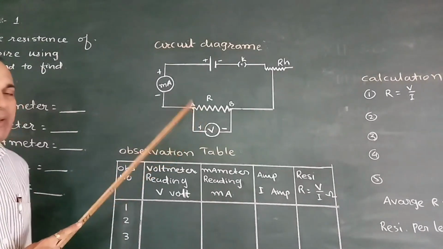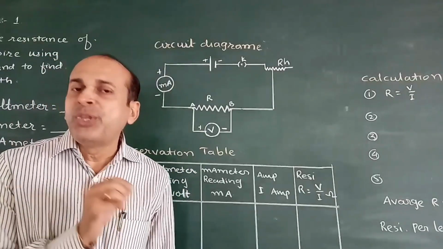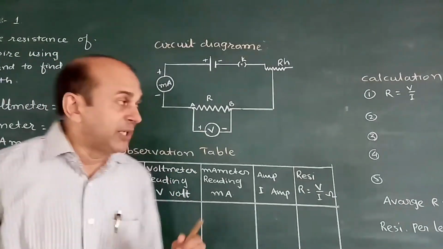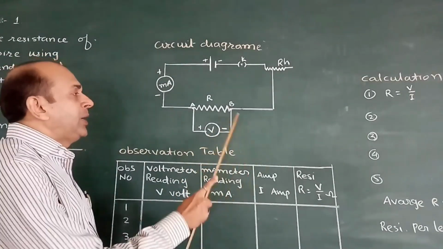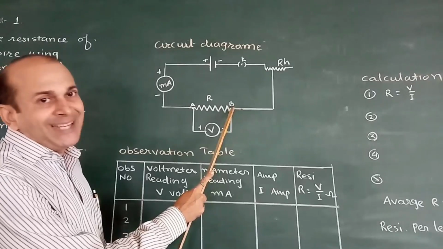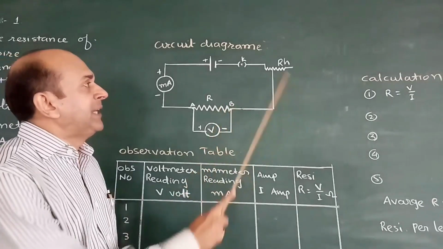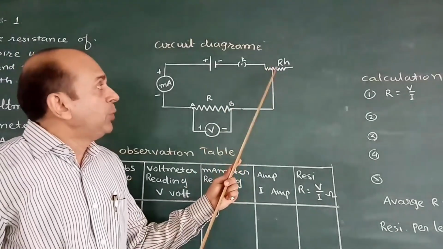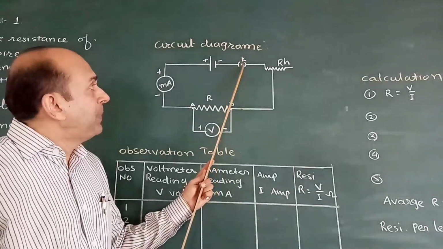So A will be the junction point, and as you know, a junction means more than three terminals are connected there. Now the negative terminal of the voltmeter connects to the B terminal, the second end of the unknown resistance. Now the unknown resistance connects to the rheostat,